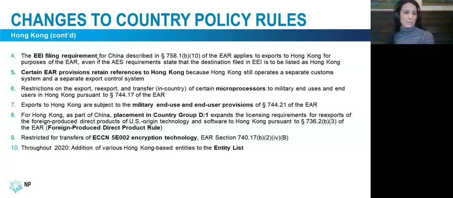Also under, it's been like that, right? Politically, but also under the EAR. The special restrictions for microprocessors, so if you produce, export, re-export them, you should take a look at that under 744.17. Then very important here, point 7, for those of you who have had to deal with these new military